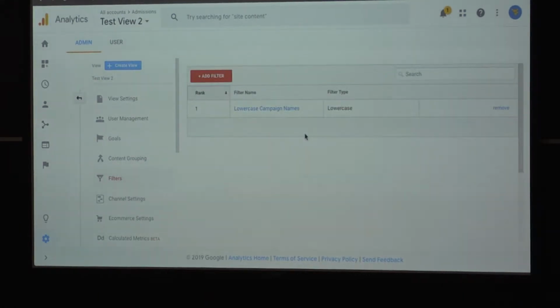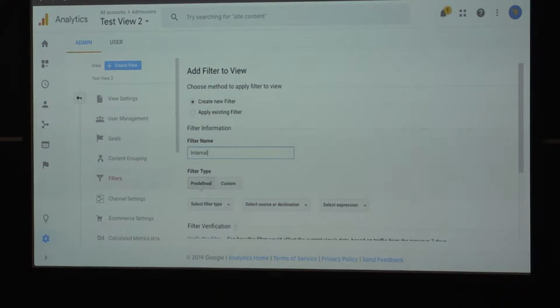As simple as that, you've now standardized all of your Google Analytics reporting for campaign name. And you have to go through and do that for medium and all that kind of stuff. You should add all these filters to all your views that are going to be recording data if you can. We're going to add a second filter though,